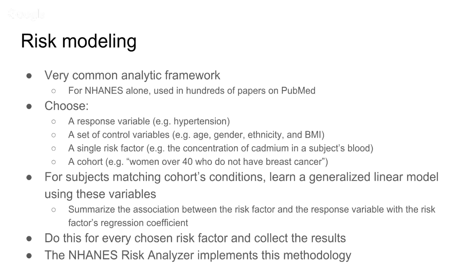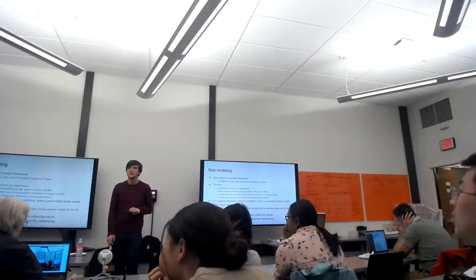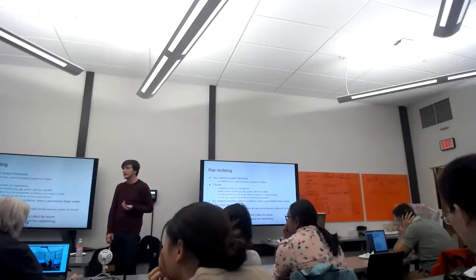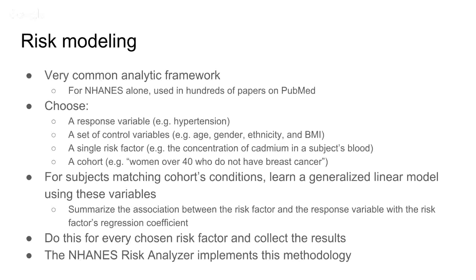It's the sort of thing where there are enough possible cohorts that you can't actually enumerate all of them and have them be easily accessible. So it's more, if you imagine our data literate physician, maybe a woman who's over 40 is worried she has breast cancer and walks into his office. So he's like, what sort of risk factors should I be worried about?